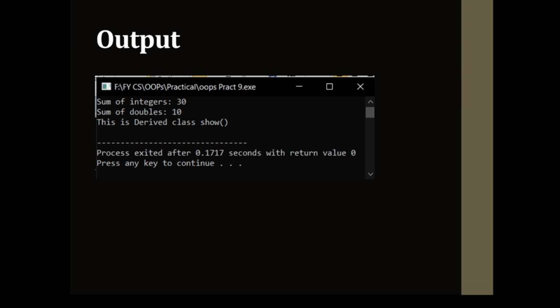So basically, what the program shows is function overloading, that is add(int, int), then we are adding add(double, double), which has the same name and different parameters. In function overriding, the base displays it and even the derived also displays it, which has the same name and same parameters but different things.